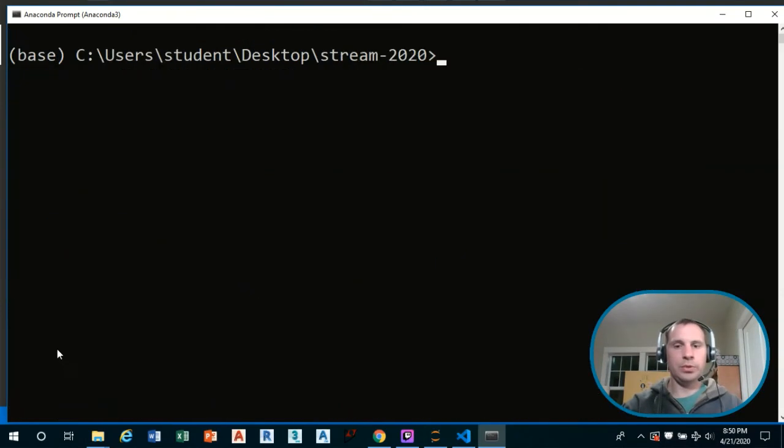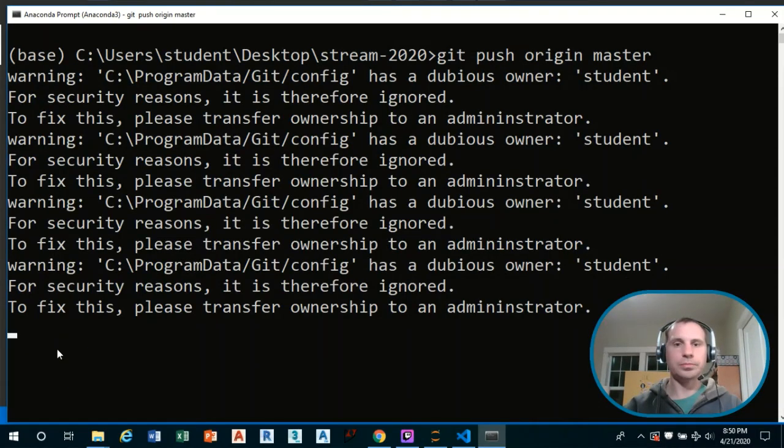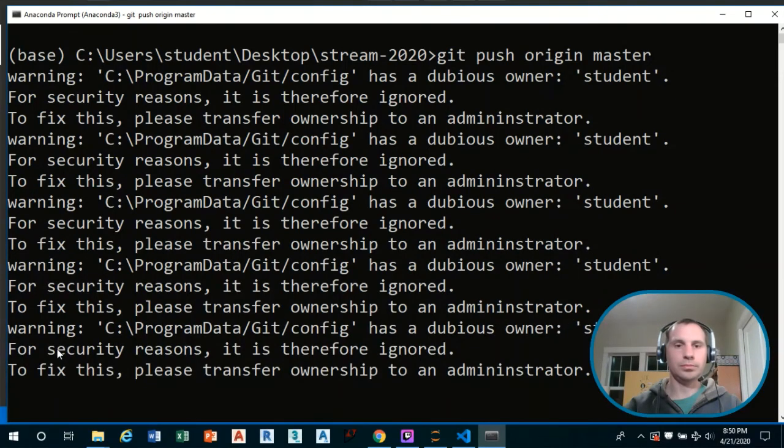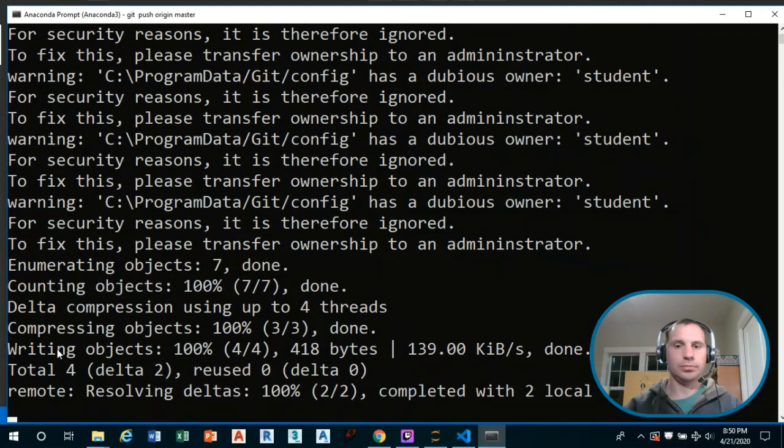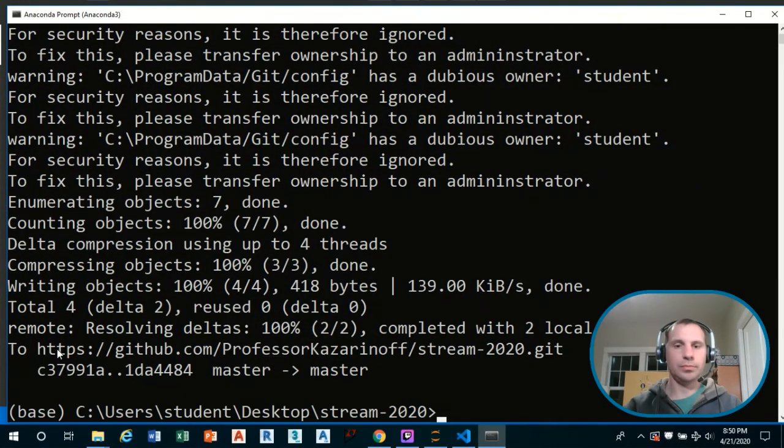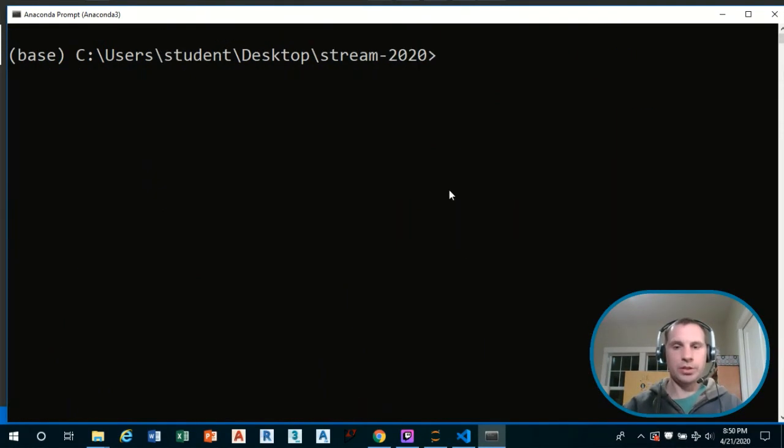That's the file that we edited in VS Code. And now we'll push those changes up to GitHub using the command git push origin master. So our push was successful.